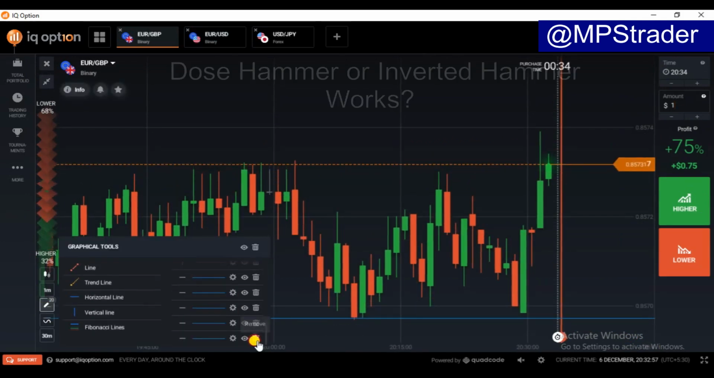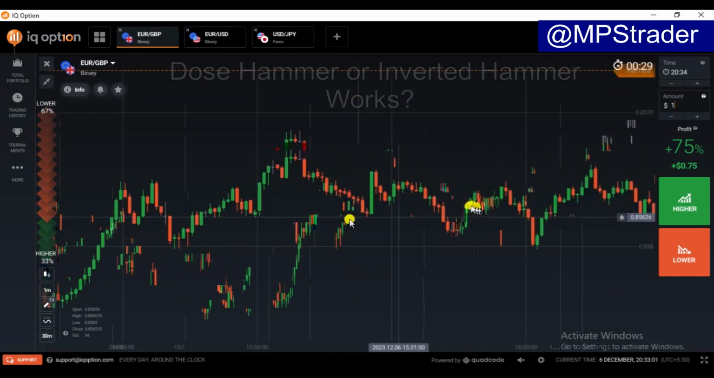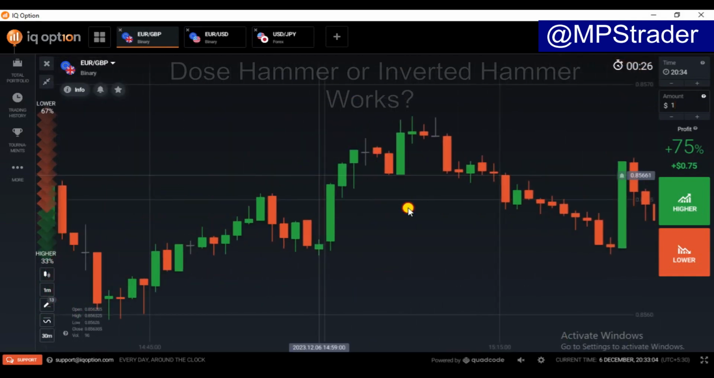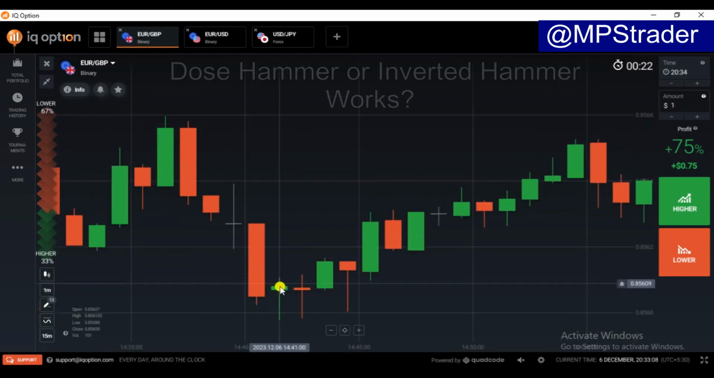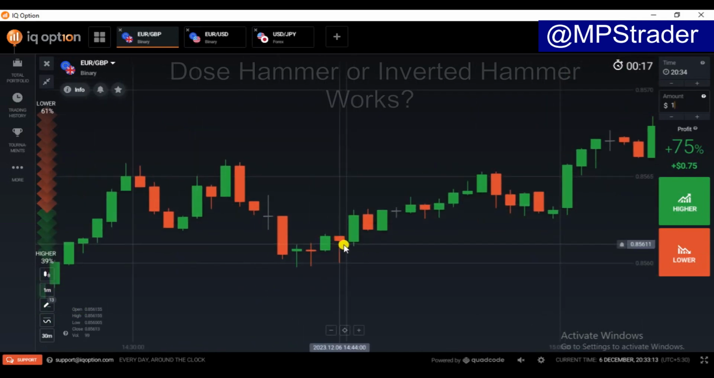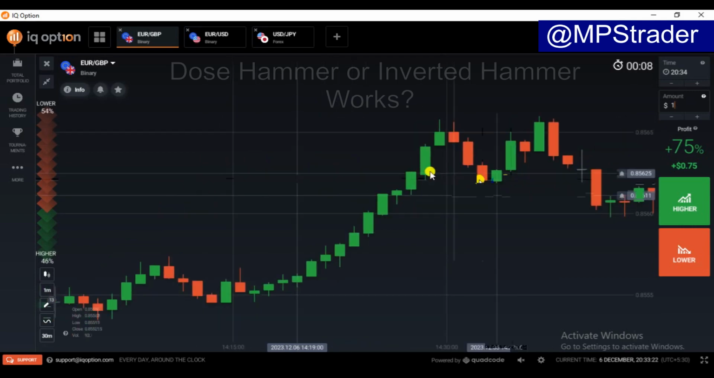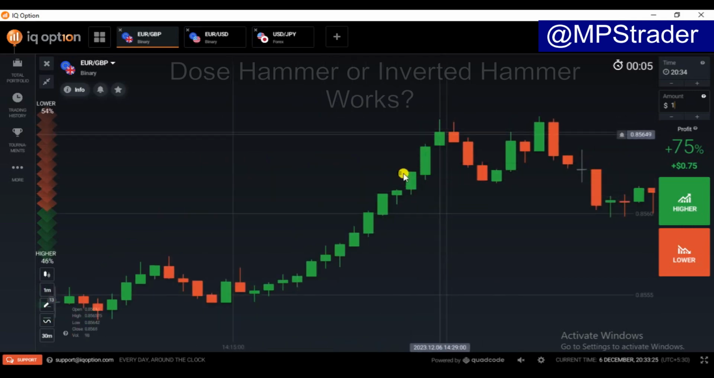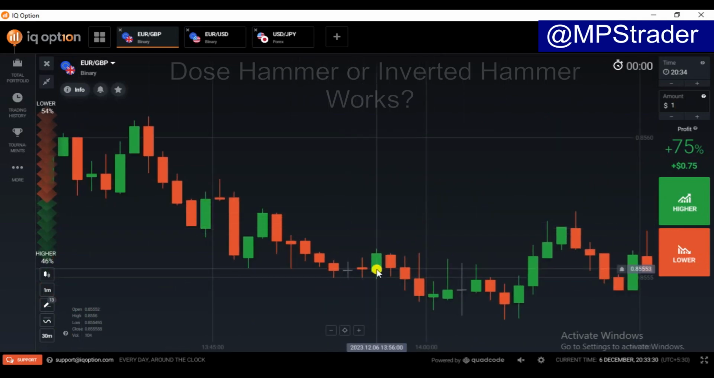So if we are seeing live examples in here, okay, see, this is, we can say, not a hammer. See, this is a hammer. It continued or reversed from this level. A hammer, it continued to this level, and from here it reversed. A hammer, it continued, right? And again, as you can see here,